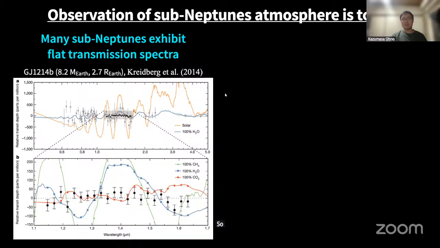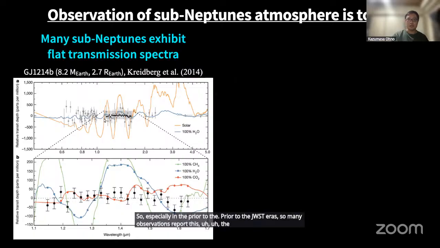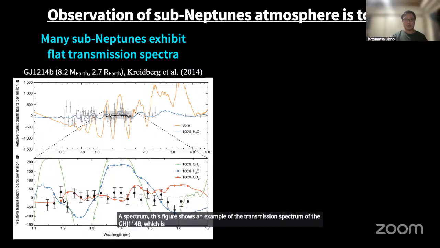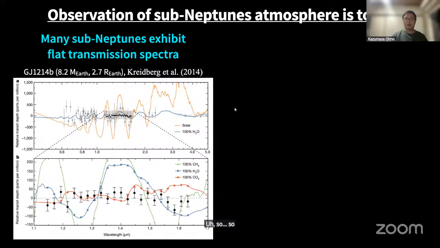Especially prior to the JWST era, many observations reported a very flat, featureless spectrum. This figure shows an example of the transmission spectrum of GJ1214b, which is the focus of today's seminar. So this paper, Kreidberg et al. 2014, observed this planet with multiple transit